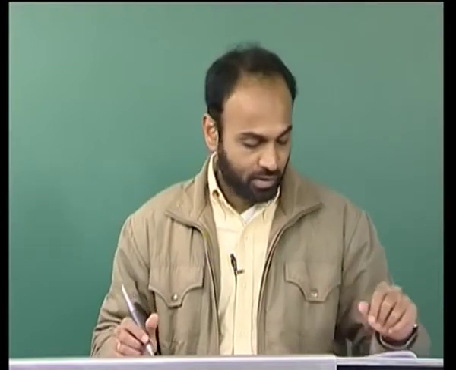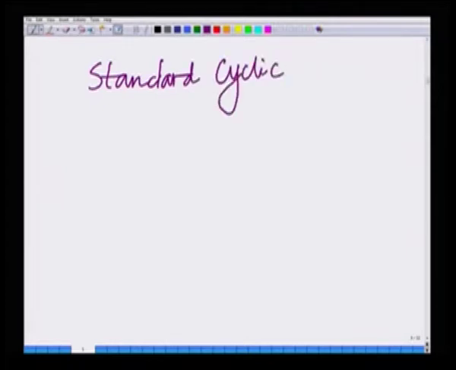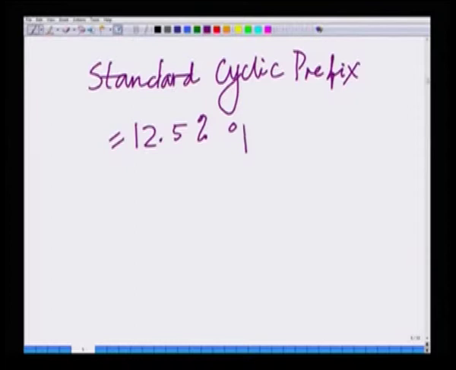In WiMAX, the standard cyclic prefix is 12.5% of the symbol time,